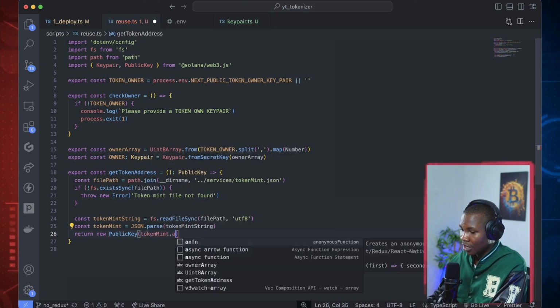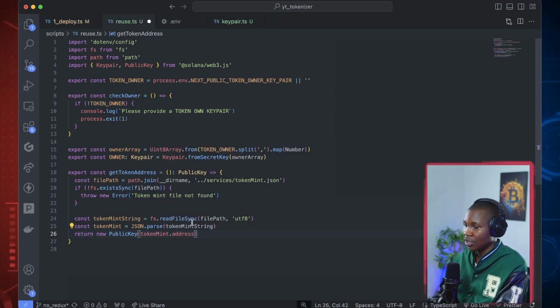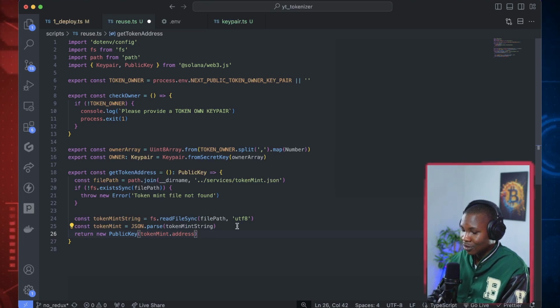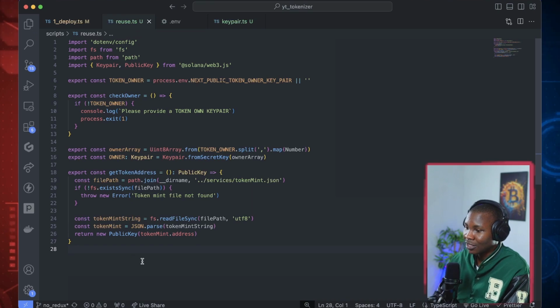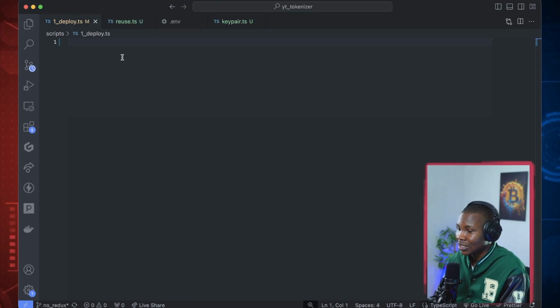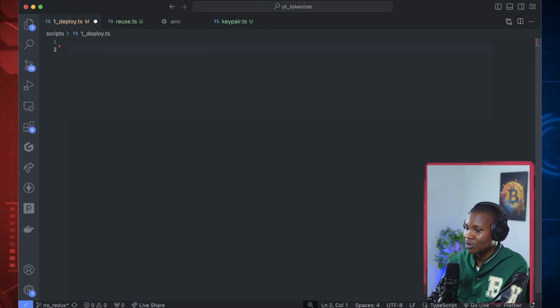That's an address. The token mint is going to have an address. Basically, that is what we mean by token mint address. So this is what is going to return to whomever is calling this function. So these are some reusable things that we're going to need in this deployment script here. Now with that done, we're always going to be using it across multiple places where we'll be calling it. So the first thing you want to do is, before you even run this deployment script, you want to check